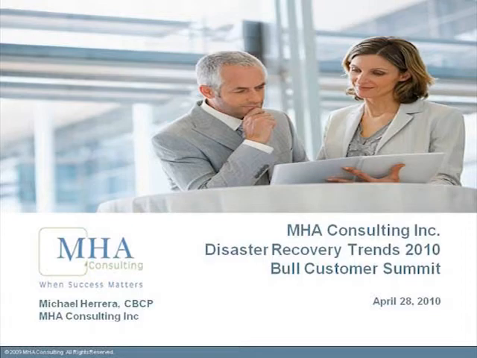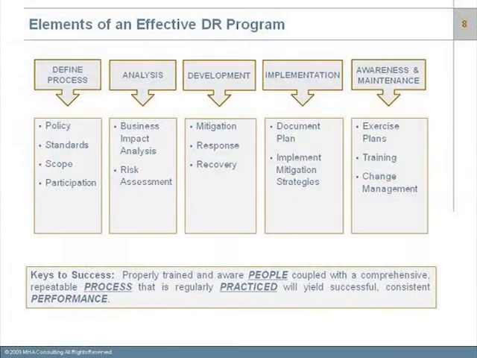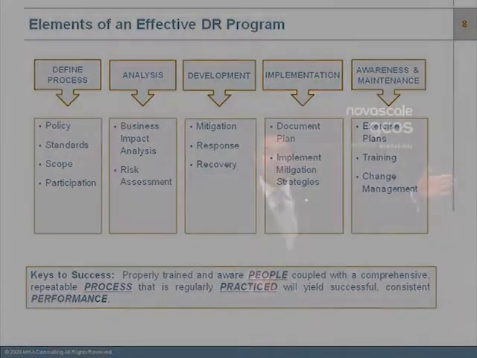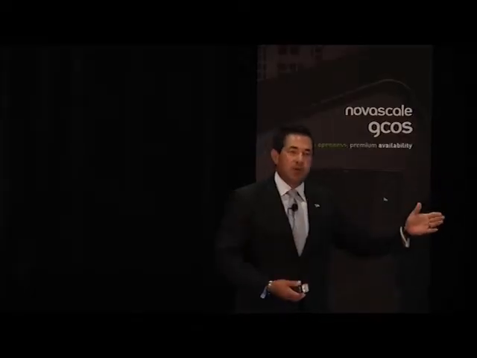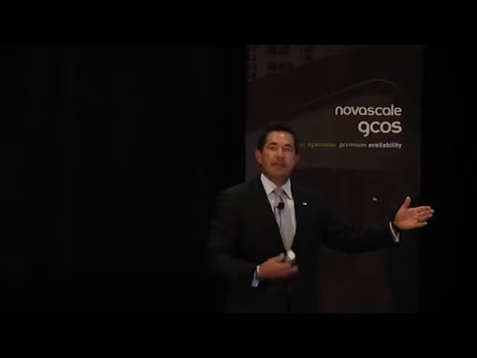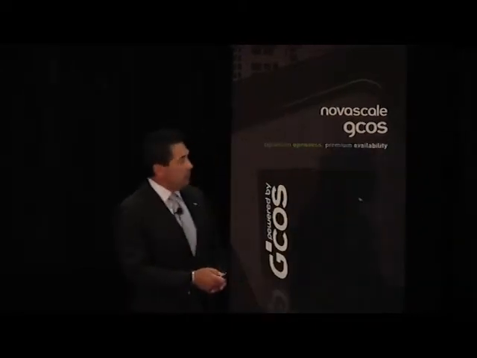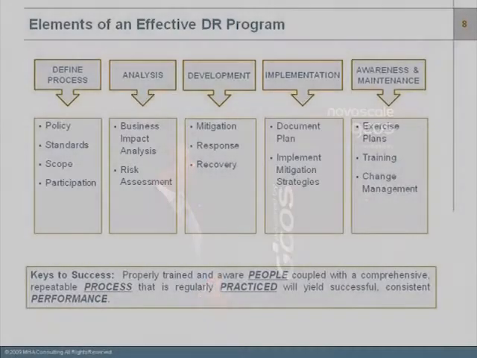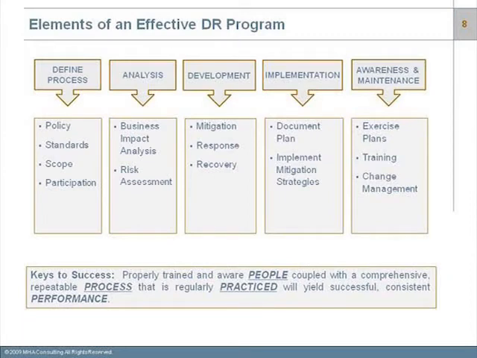Elements of an effective disaster recovery program. If you take a look at all this process, one of the things that we like to do with customers, because the process can take many years, a lot of times we're called in kind of like firefighters and asked to quickly implement key components in order to provide them with a program that's working pretty quickly and can get the job done. But if you take a look at the process we like to follow is right up front,